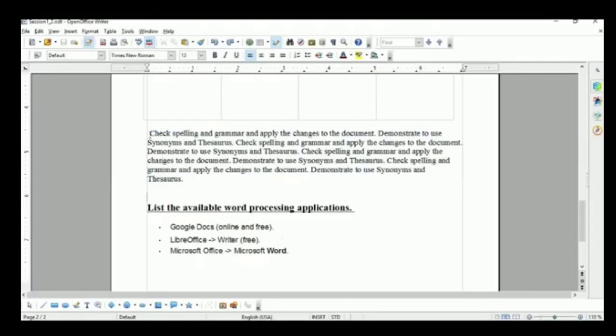You know very well how you will select the text, with the help of mouse or with the help of keyboard. Suppose you want to select your text with the help of keyboard. Place the cursor from where you want to select. Then press shift key and then use right arrow key to select your text. Like this. Is it clear?